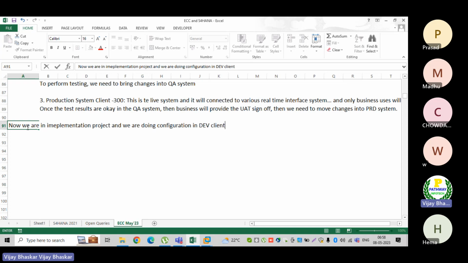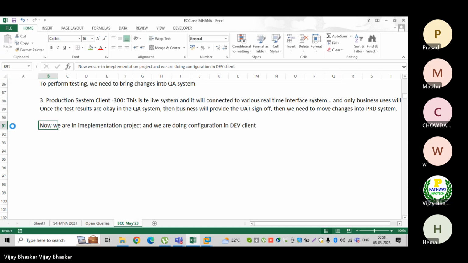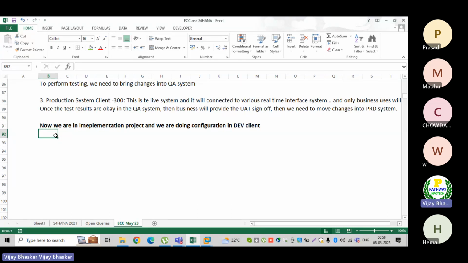From here onwards, we are going to start our configuration. Remember, this point is important for you. Now this is where you are, now you are in this phase. So before going to start the configuration,